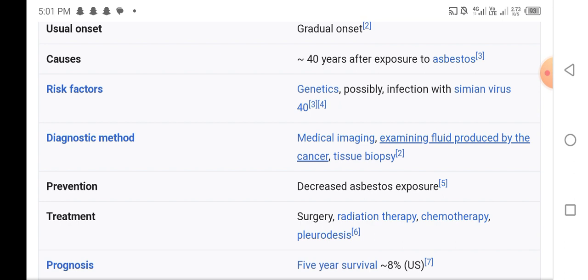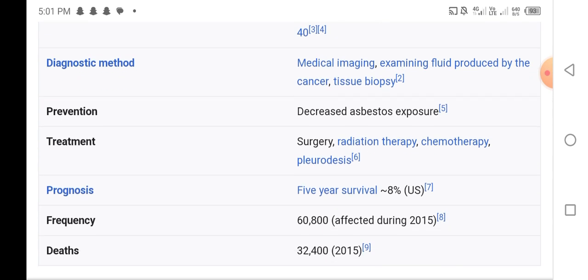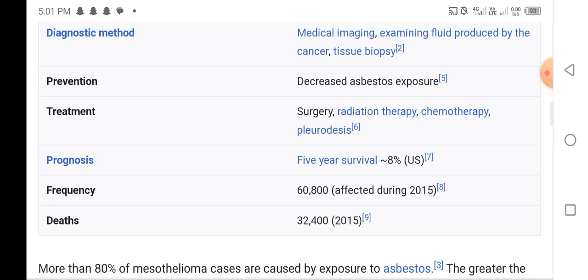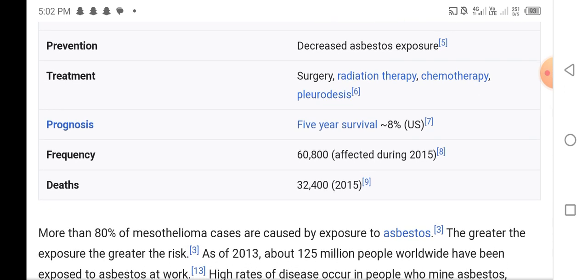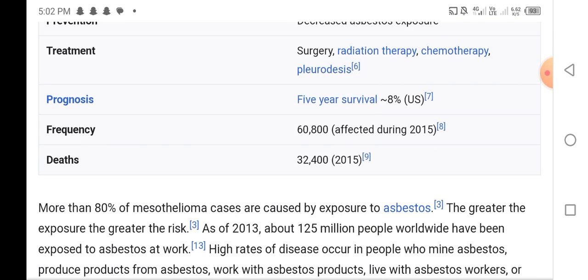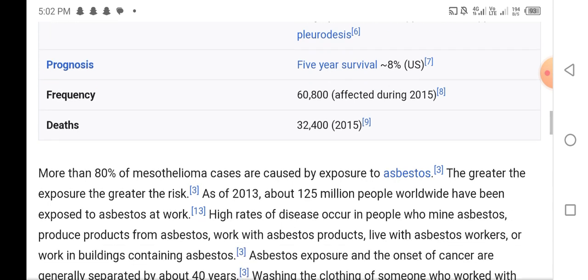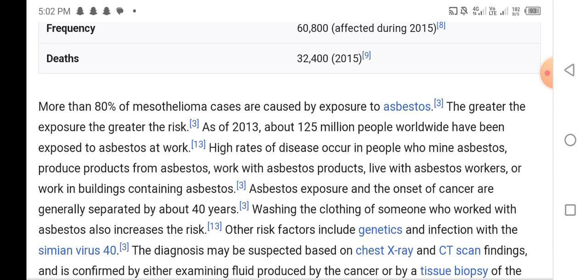Diagnostic method is medical imaging, examining fluid produced by the cancer, and tissue biopsy. Prevention includes decreased asbestos exposure, and treatment includes surgery, radiation therapy, chemotherapy, and pleurodesis. Prognosis: 5-year survival. Frequency is 60,800 affected during 2015. Death rate is